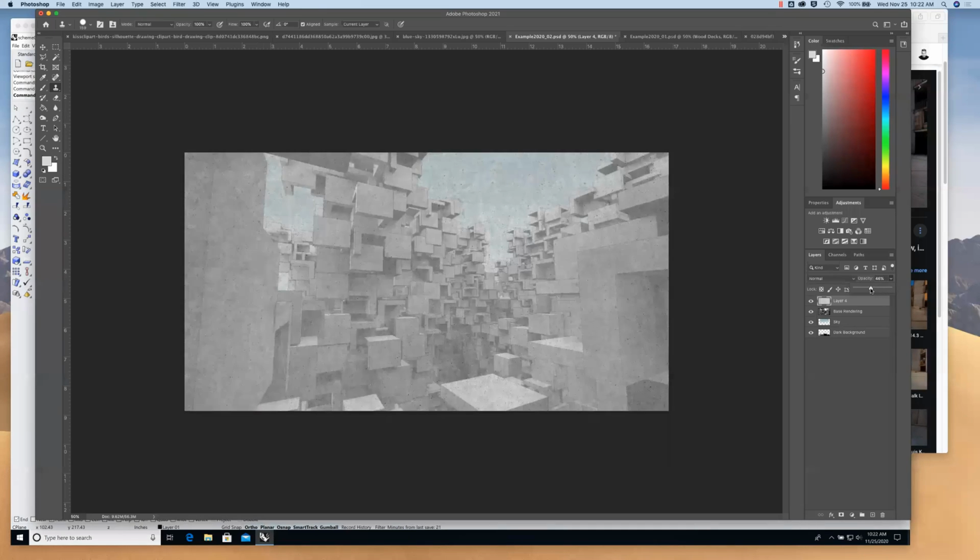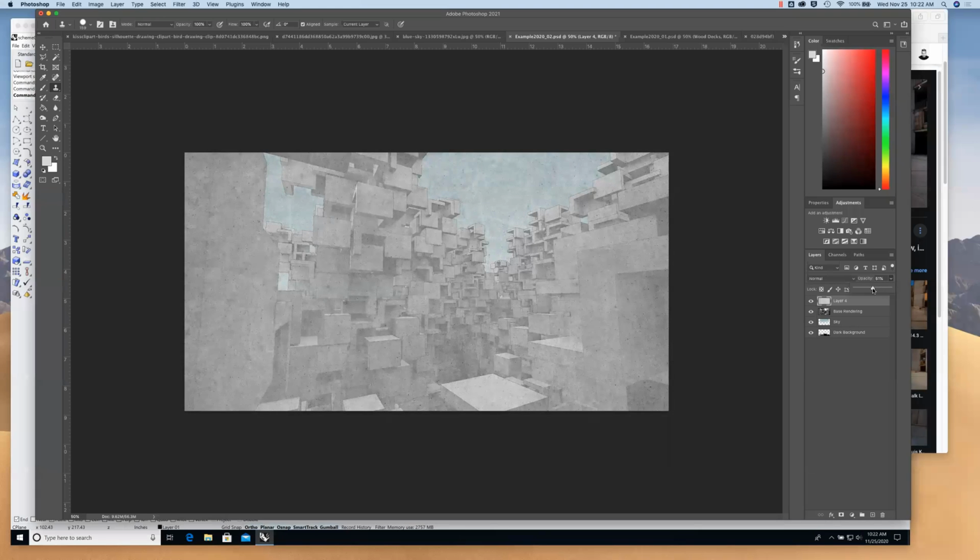I see someone's added something to the chat. Let me just make sure. What is the Windows alternative for Option? Alt, maybe? It's between the Control and Command on mine. So look at the cursor. When I hit it, you see the crosshairs. And it's telling you where you're sampling from at that point. Good question. Alt, okay. At this point, I'm going to turn down the opacity a bit so you can see,